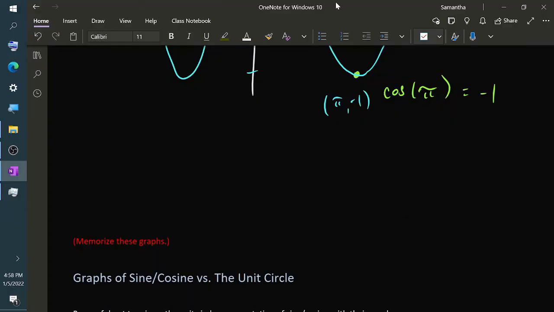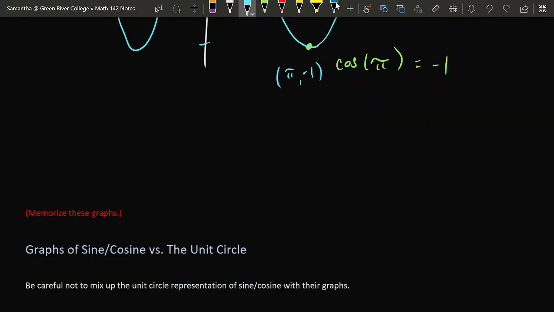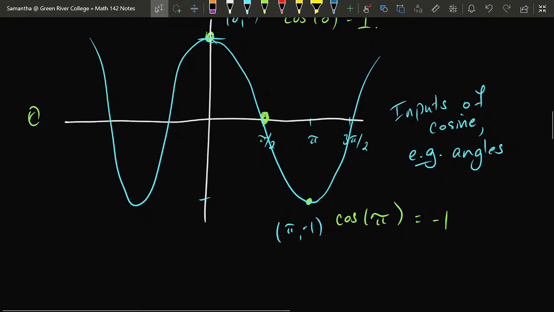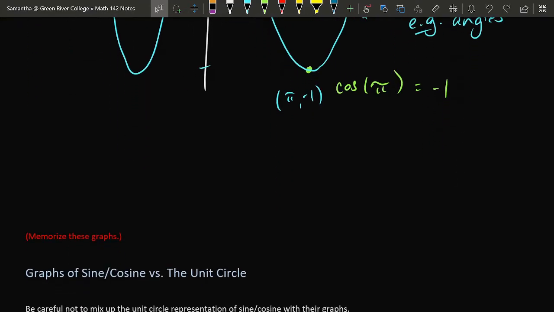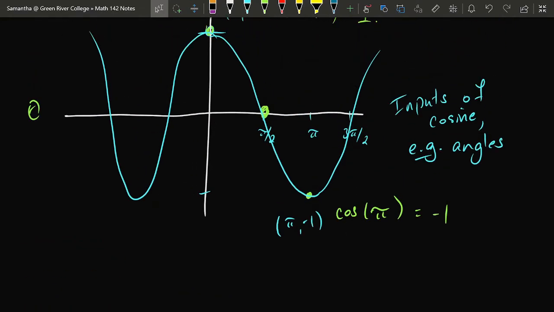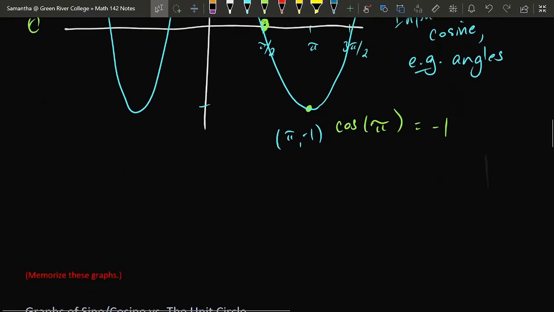So I do recommend memorizing the graphs of sine and cosine. At minimum, memorize the fact that the graphs are these infinitely repeating wave patterns that bounce between -1 at the lowest and +1 at the highest. That's worth memorizing. We'll work with these graphs quite a bit more as time goes along, so you'll probably end up memorizing it by accident. But it's a good graph to have in mind when you're going into calculus, calculus 1 and 3 in particular.